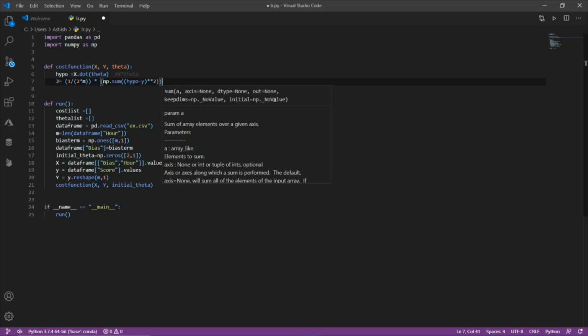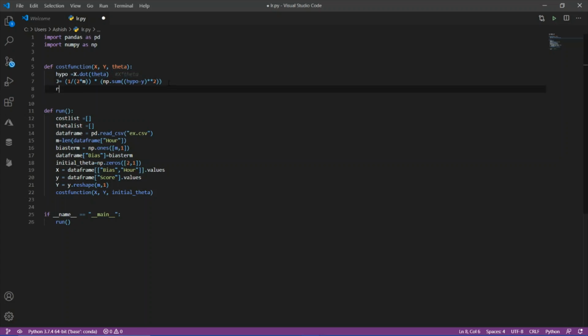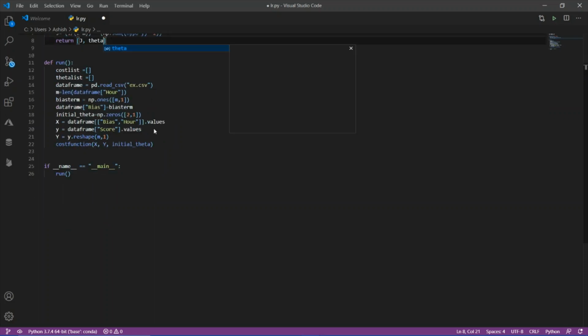Okay, so this is my cost function, and this is my cost, and this cost function will return j and theta.